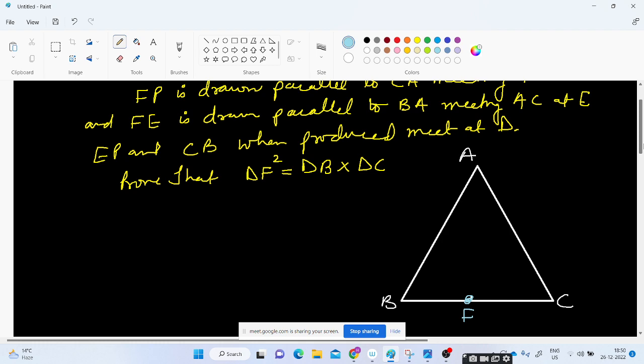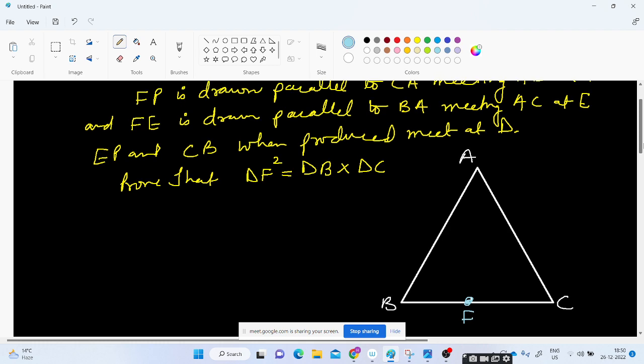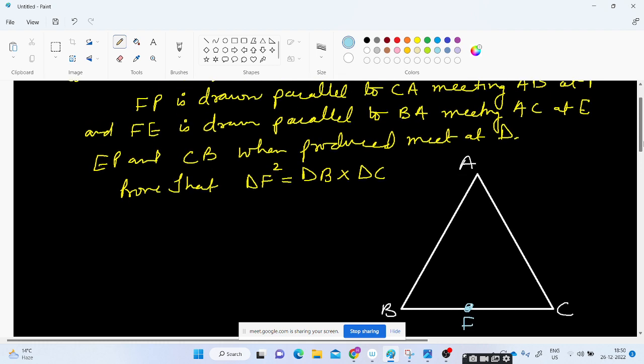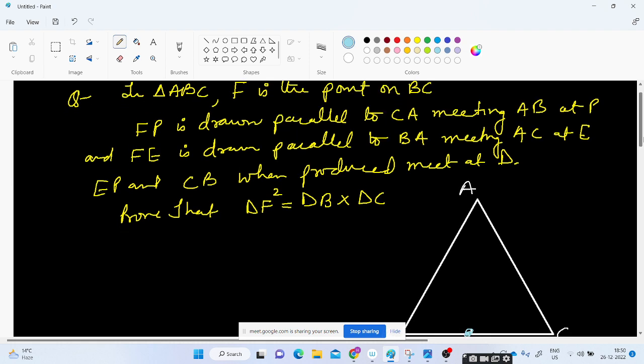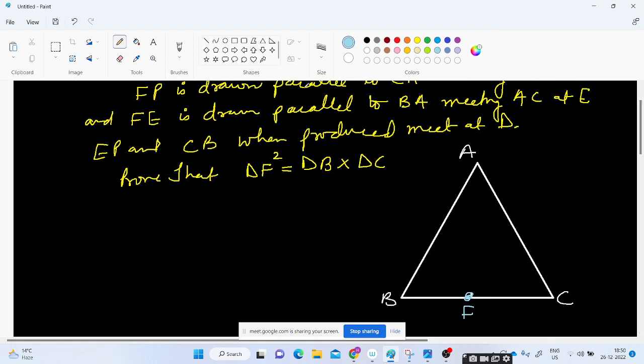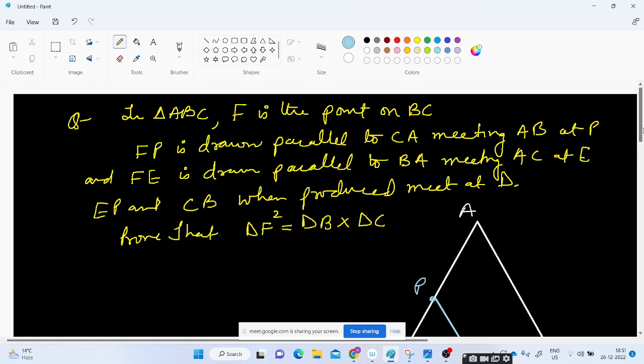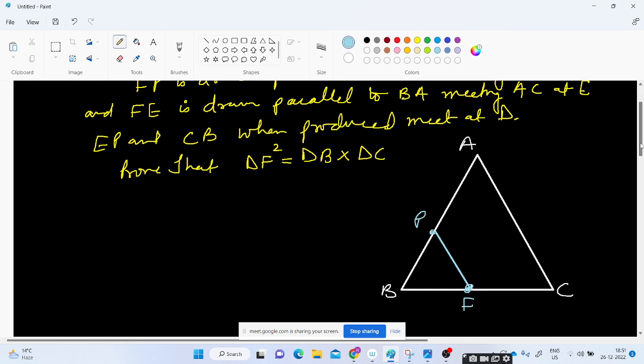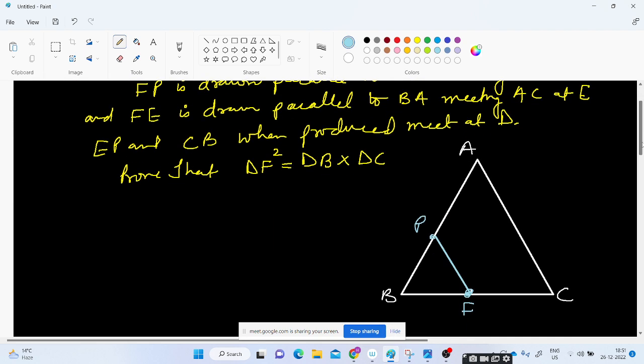So CA के parallel कैसे होगा बेटा, FP is drawn parallel to CA. So CA is this. So you will draw here. This is parallel to CA. So name this point P. FP is parallel to CA, meeting AB at point P. So this is AB, which meets at P, ठीक है।